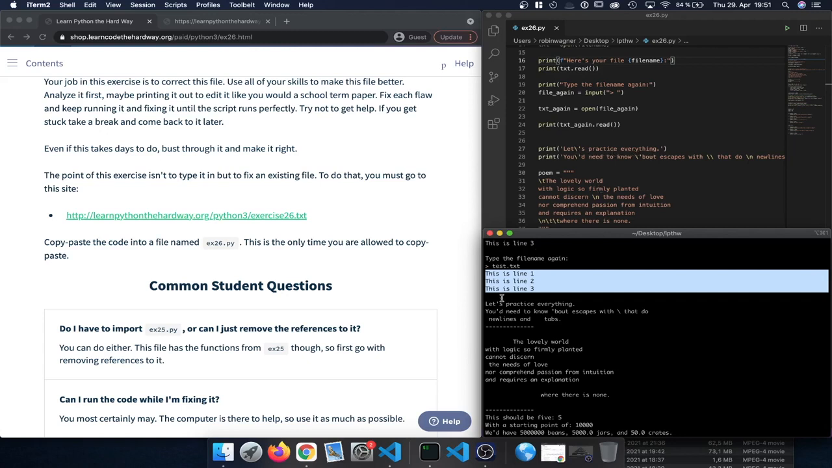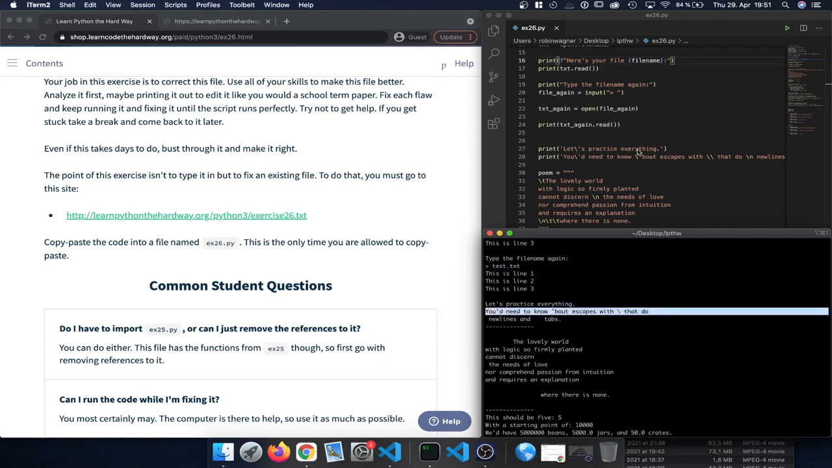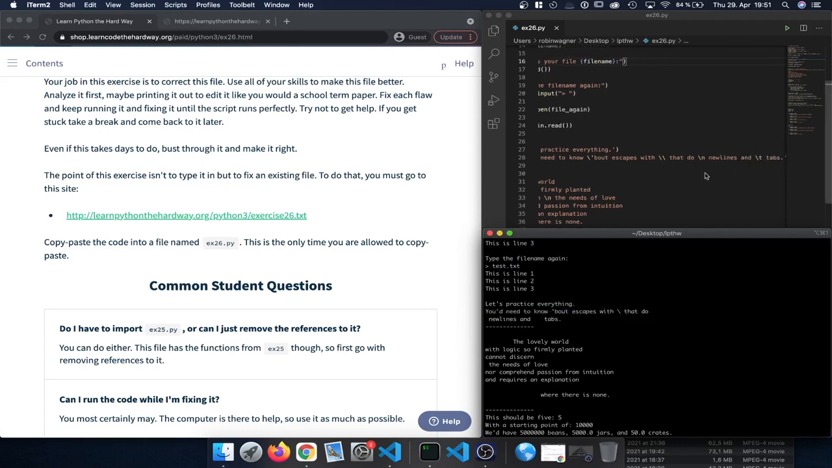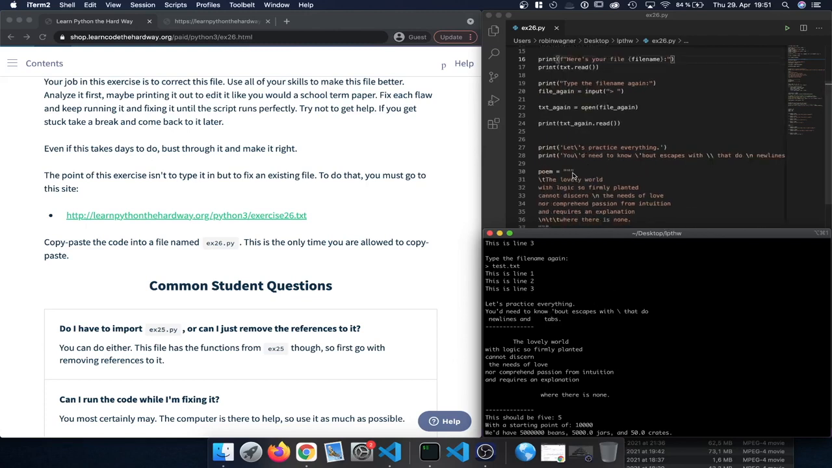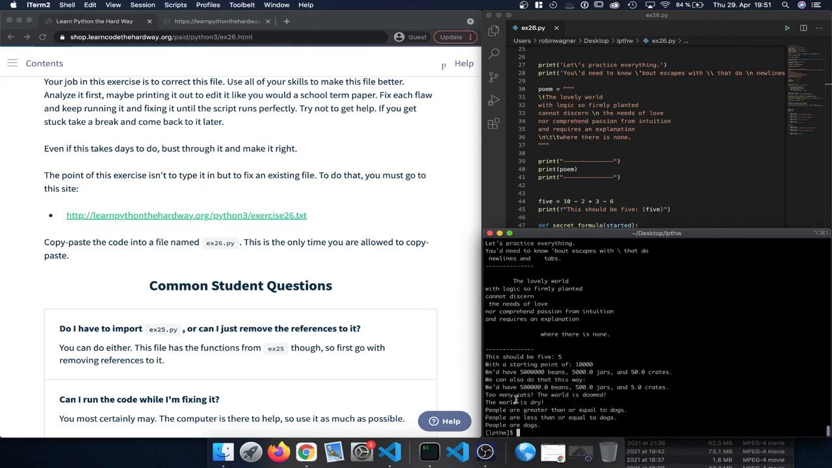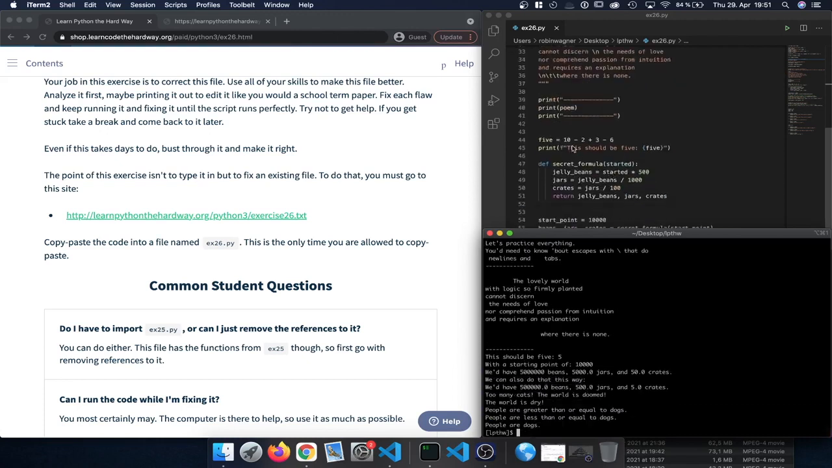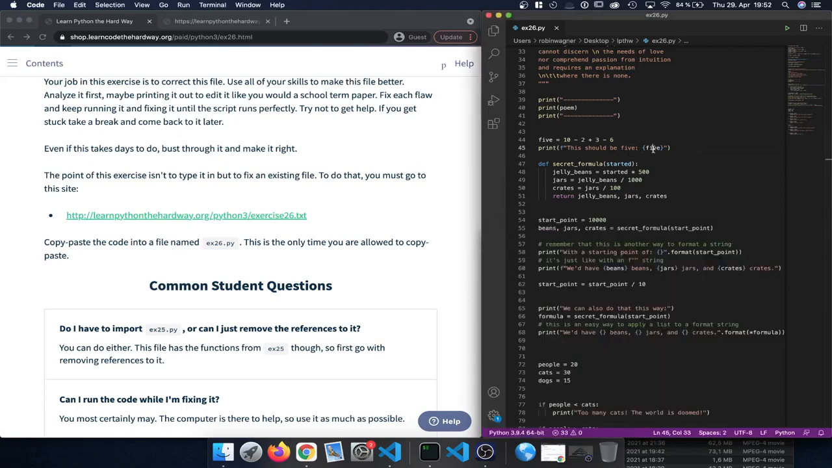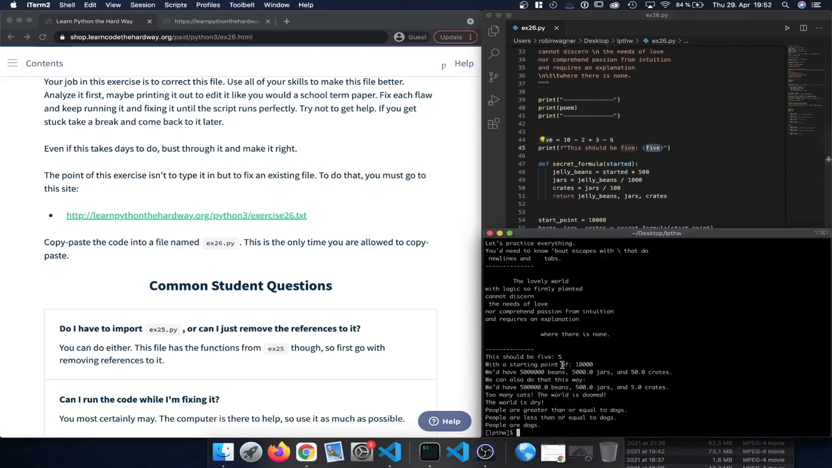Let's practice everything. You'd need to know about escape with backslash. Yep, new lines and tabs, so that looks correct. And then here we are printing those dashes followed by the poem that we defined here. We have those dashes again, and down here we defined a new variable 5, and we print out this should be 5, and then we are rendering the value for 5, which is indeed 5, with the starting point of,